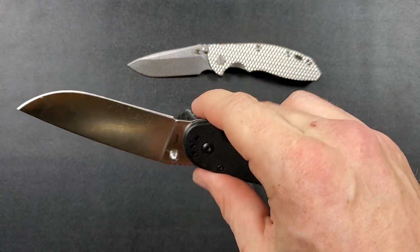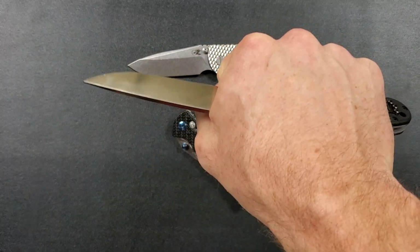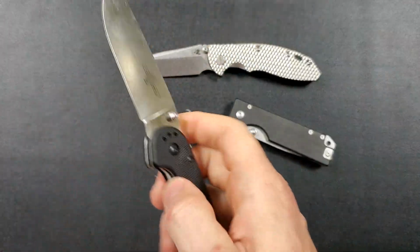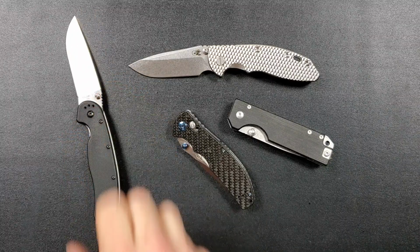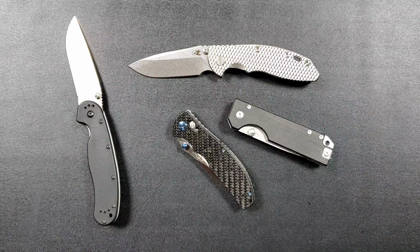They would have designed this differently, does act as a nice choke up area. It's not quite a choil, but my point is that you can have the thumb stud there as a good, solid, trustworthy means of deployment that can be beneficial with or without gloves. It can be out of the cutting path, and at the same time, you can open yourself up for different ergonomic designs that benefit both large and small knives, which, remember, we talked about in episode 1, overall size and